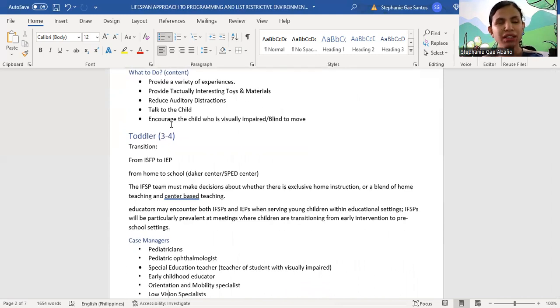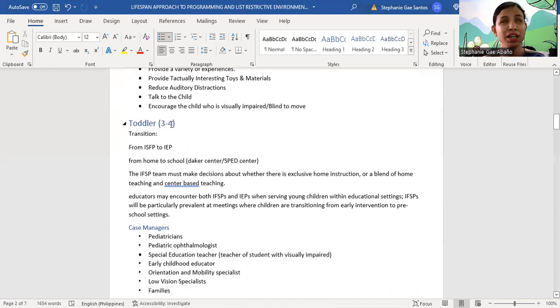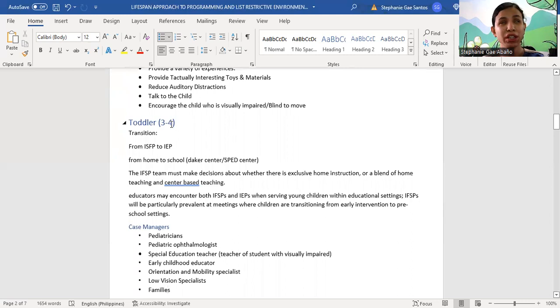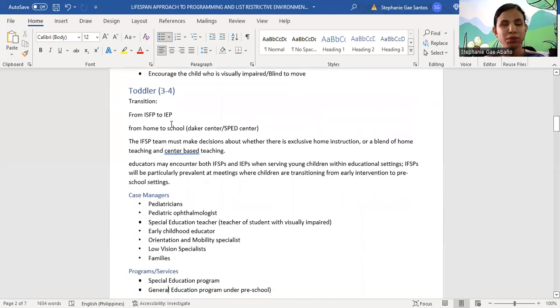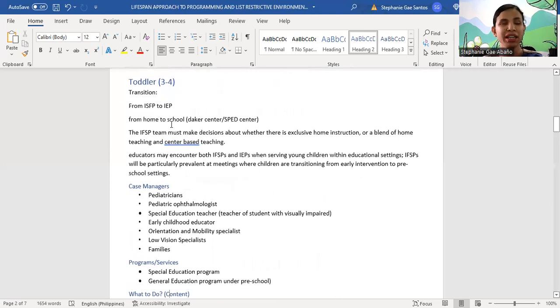Okay, and what are the related programs or related services during this age of the child? We have, if the child is now recommended to have the SPED program and related services. And another thing, if the child can now be promoted to a general education program under preschool setting. And what are the focus of the IEP, or the plan, in terms of learning and development? We have the